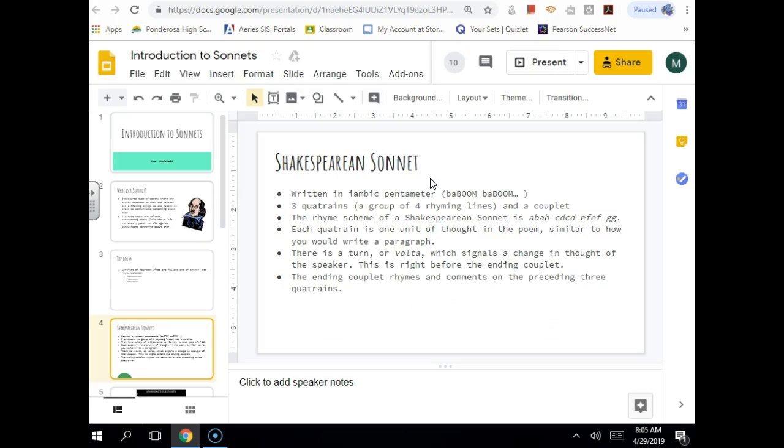So we have a total of 14 lines. It's written in iambic pentameter. Do you guys know what that is? Have you reviewed that this class yet? Student freshmen. So, who's heard this word before in other English classes and never knew what on earth it was? Okay, I remember in high school, my teachers would be like, iambic pentameter, or whatever, and I'd be like, I don't know what you're talking about, lady.